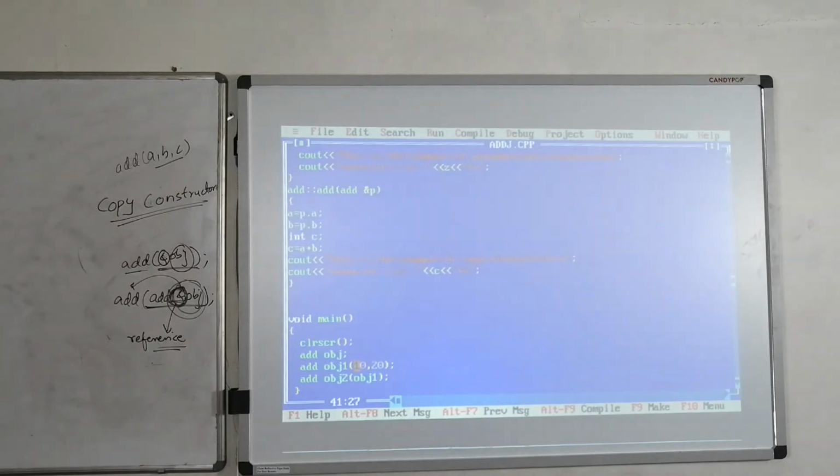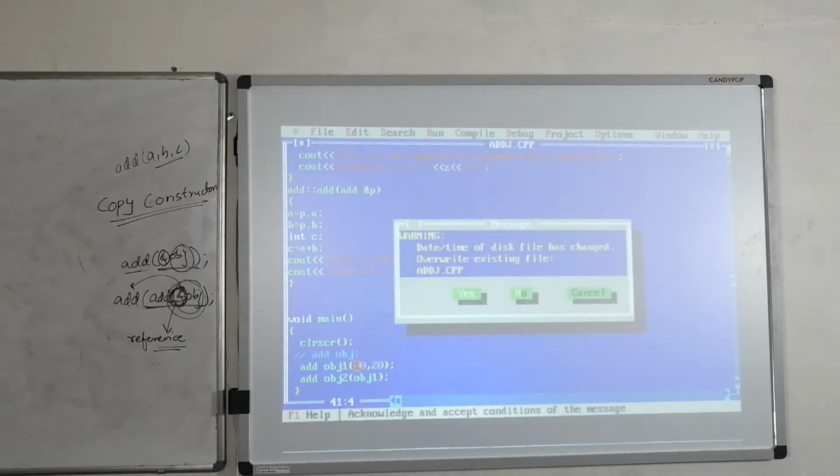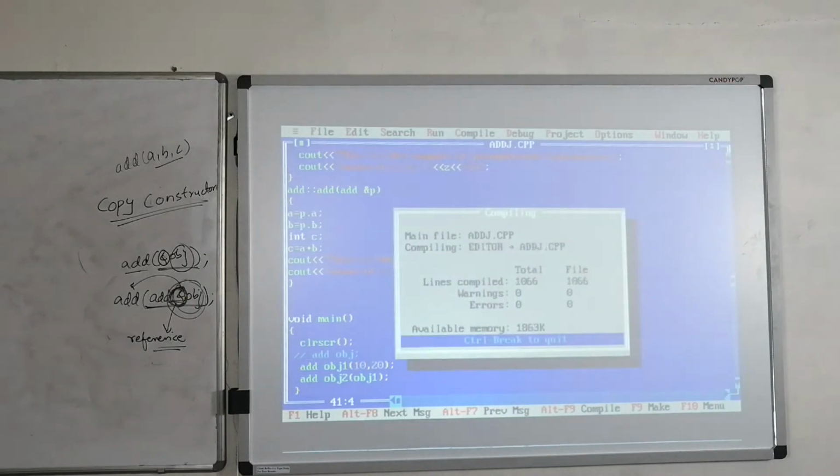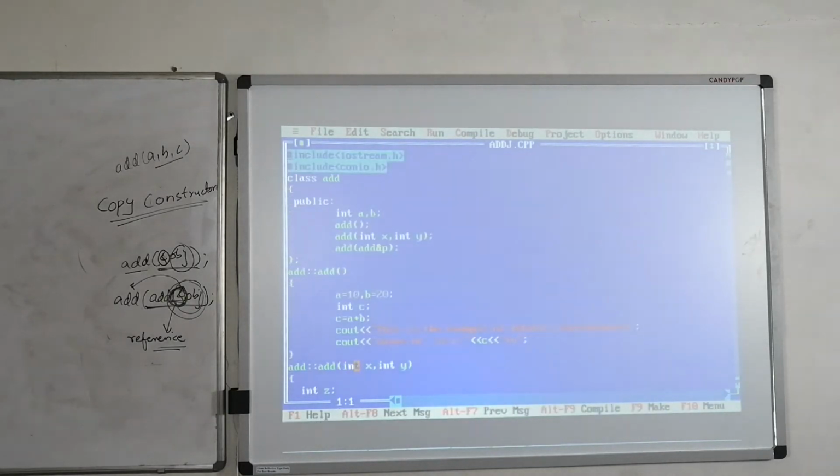See here, if I am not going to create the default object, at that time what will happen? Check this one. Control plus F9. In this case, the default constructor is not going to be invoked. Right? Alt F5.